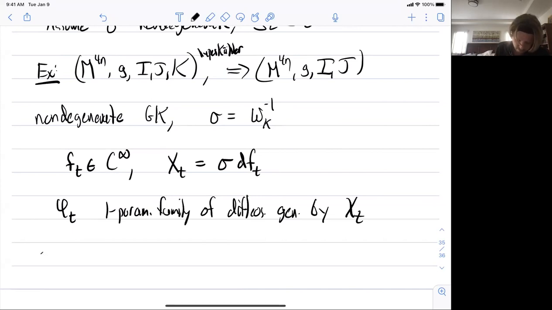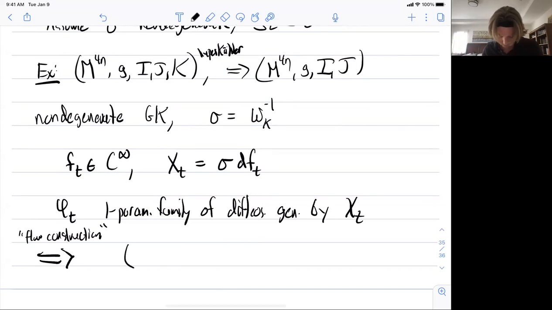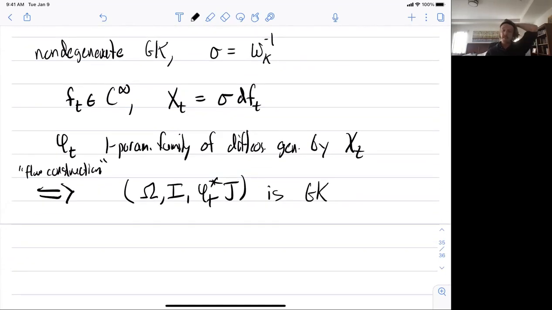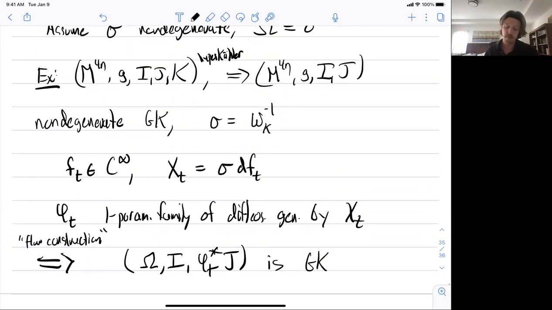Then this flow construction in this setting tells us, at least the way I think of it, that big omega, I, phi t star J is generalized Kähler, where the point is, of course, using the